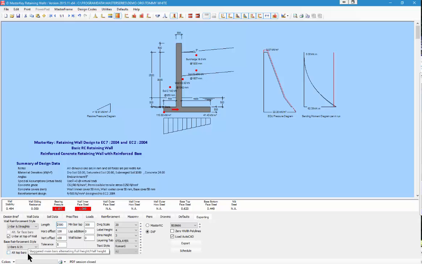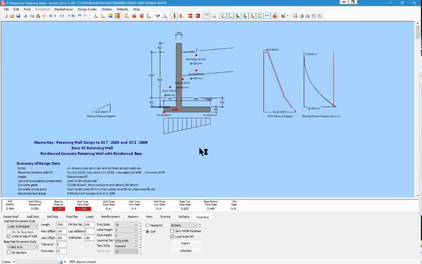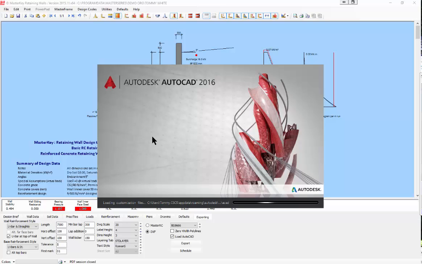So I'm going to go for a 7.5 meter long wall, and we're going to have some offsets for our reinforcement, and we're going to have a wall kicker of 150, going to give it a good high kicker. So we'll start our lapping of bars above this kicker point, and I'm just going to say export to DXF and load AutoCAD. Off it goes, replacing the existing one, loading in AutoCAD,